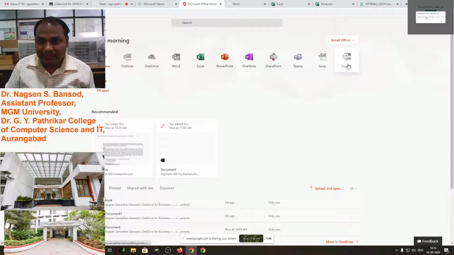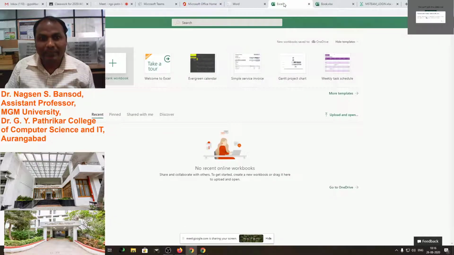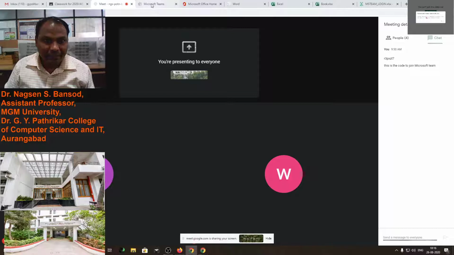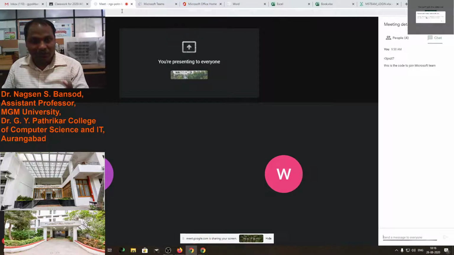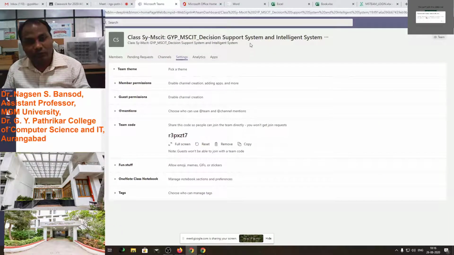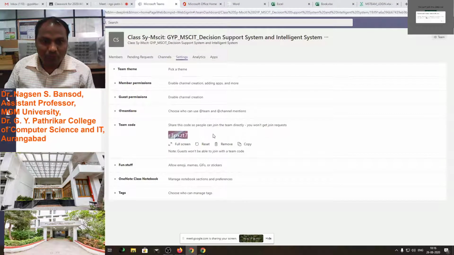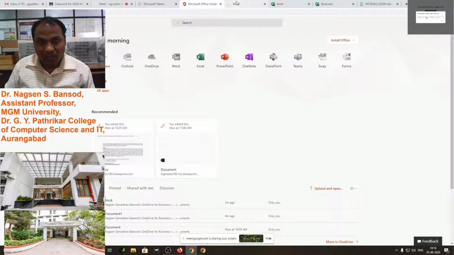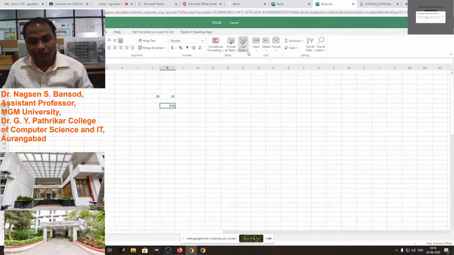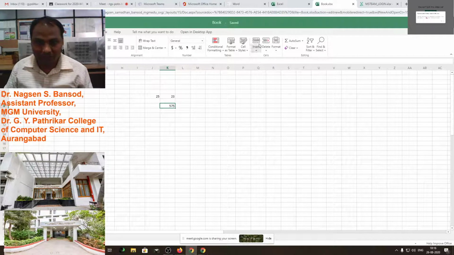Now see, there are various tools. All these tools we can use in our lecture if we use this tool, and if we use the hybrid technology. Now both softwares are there. This Google Meet is there and also the Microsoft Team is also available. So you see this is the code of our class, and all software we can use, multiple software we can use, then that is the hybrid tools, hybrid technology.